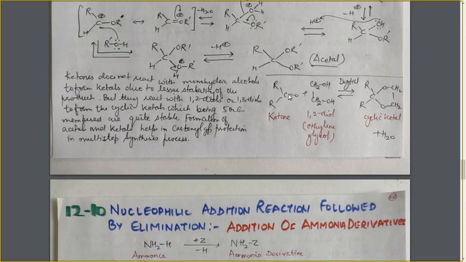At this position, after the addition of the first molecule, we have one OH group, and then in the second step this second OH group will participate. The OH at this position will combine with the hydrogen and will be lost as a water molecule, and this oxygen will be attached to this carbon atom, forming this product. This is the water molecule which is formed in the second step. The reaction is again catalyzed by dry HCl gas. So these are the cyclic ketals.